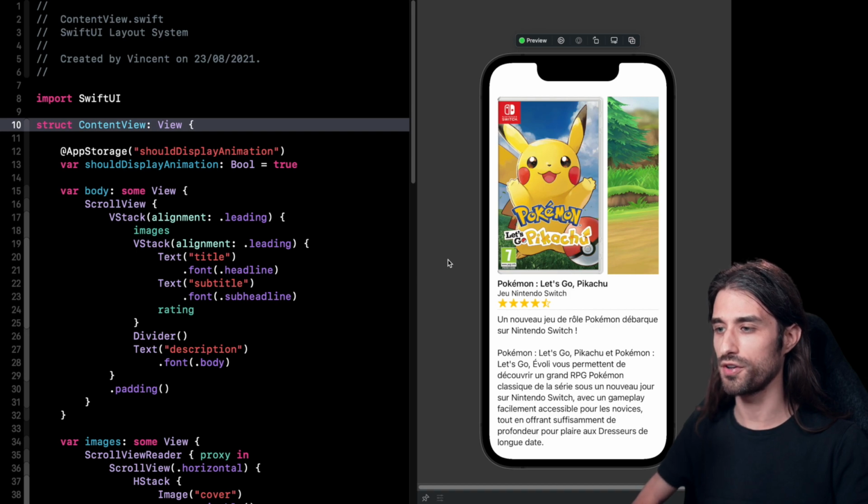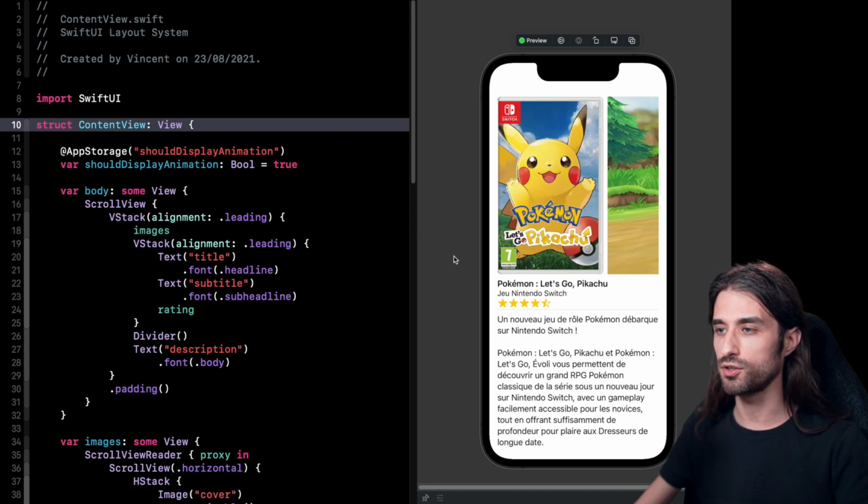And of course, when you work on that kind of app, you want to have a way to automatically test the UI of the app because, first, you don't want to ship a new version with a bug in the UI, and also because you don't want to have to manually test every screen by hand for every new release. If there are a lot of screens in your app, it's going to take a lot of time and it's just not manageable. So how can we implement UI tests in iOS?